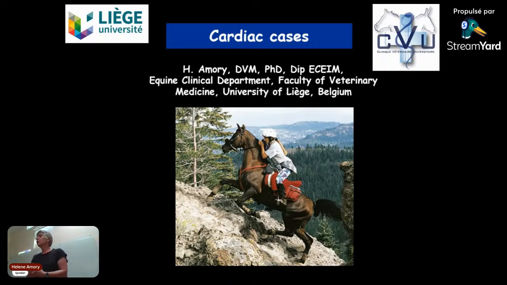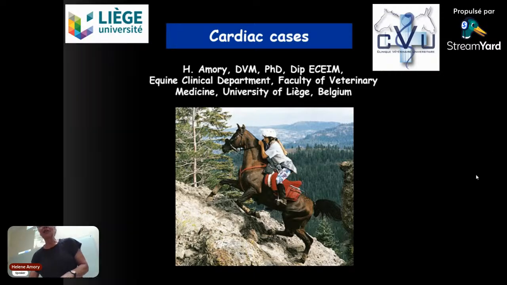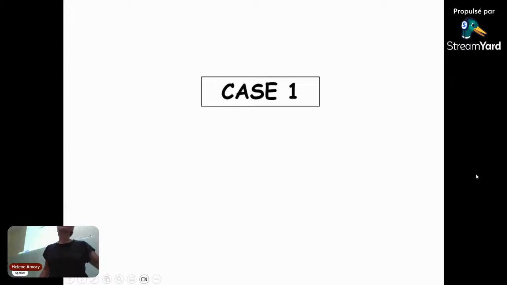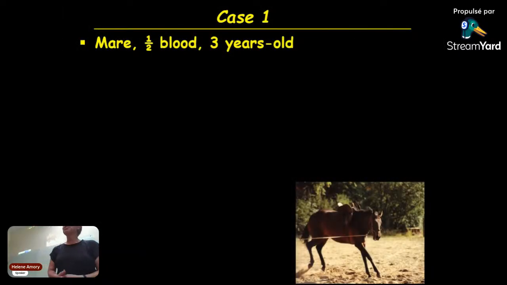I suggest you have in front of you just the differential. When it's a systolic murmur, you take the table with the systolic murmur differential, and when it's diastolic, the other one, okay? As I said yesterday, we are not going to speak about all the things, but just the most frequent diagnoses we have in equine cardiology, and this makes up 95% of the cases, okay?